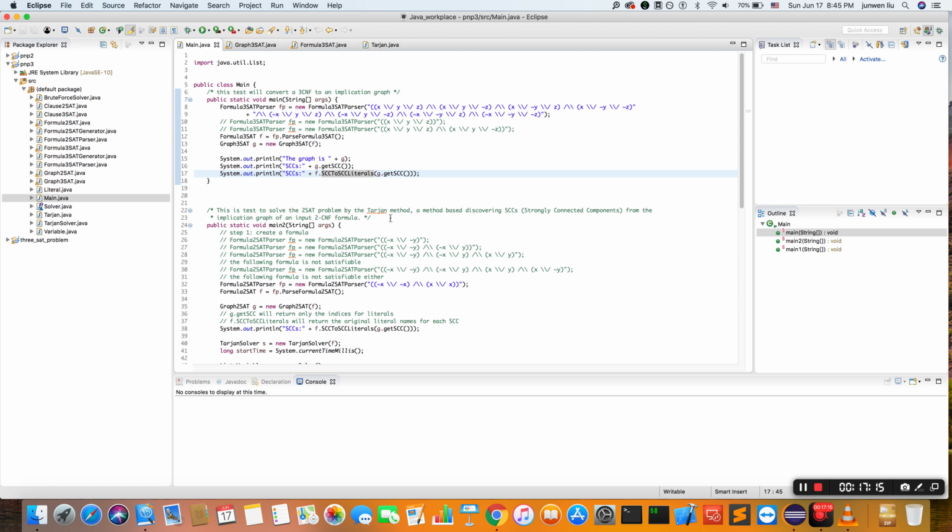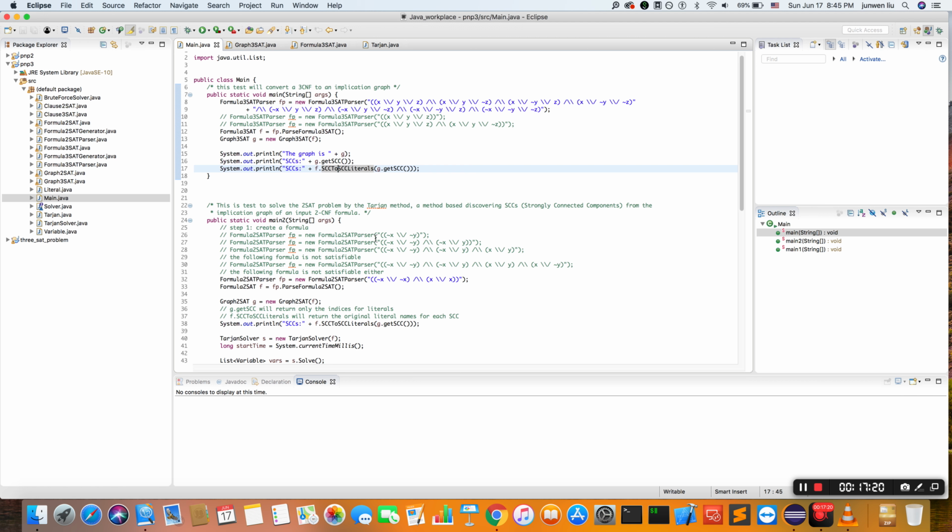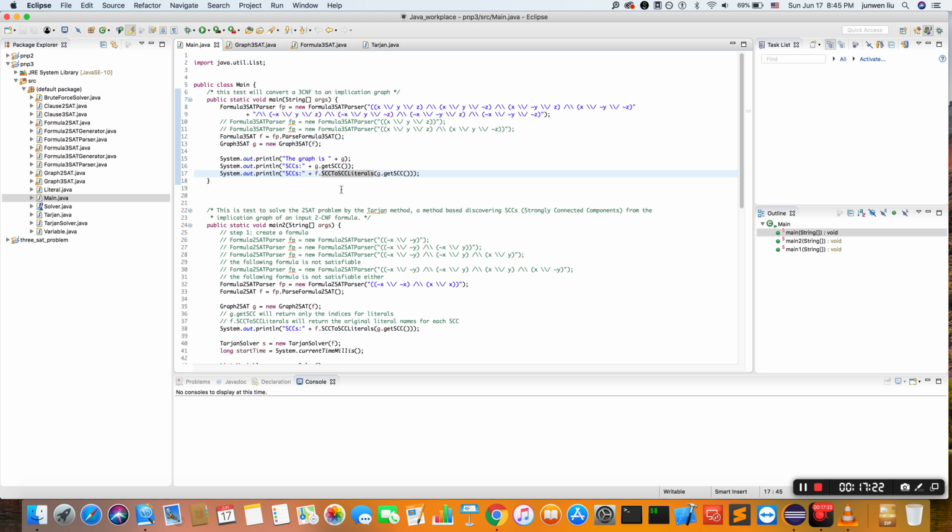So basically, this is the program we will talk about today, and we focus on the 3SAT graph generation, how to create a 3SAT graph,